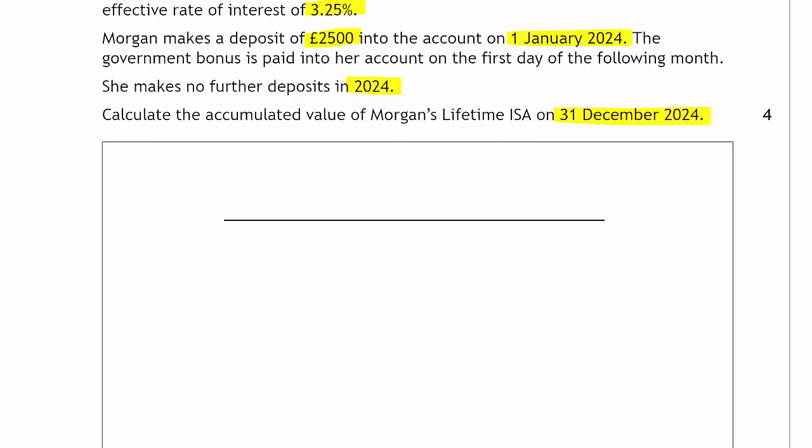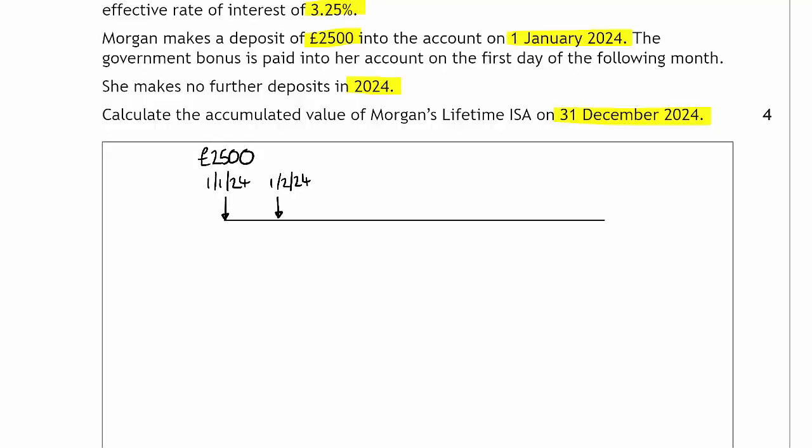Right, so what we've got, okay, is we've got the start of the year, and that's the 1st of January 24. You've got £2,500 going in. Okay, the next month, okay, so it's the start of the next month, okay, so that's the 1st of February. You're going to have